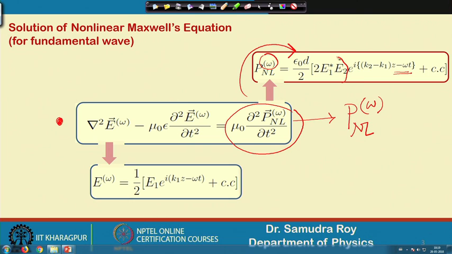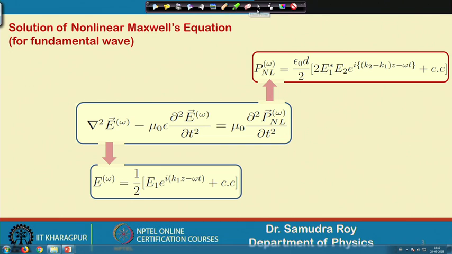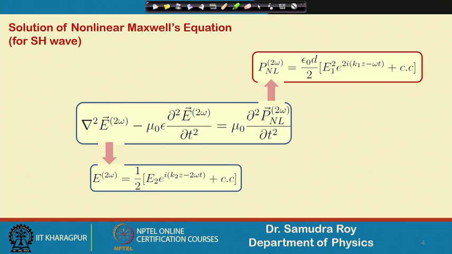Here this amplitude is very important because we are going to use it, and at the end of the day we try to find the amplitude of the field E, which is E1. So, evolution of the amplitude is our goal. In order to find the evolution of the amplitude for the electric field E omega, that means the fundamental field, we just plug these solutions into our fundamental Maxwell's equation and then find what solution we have. We will make certain approximations. Gradually we will understand which solution and which approximation I am talking about.